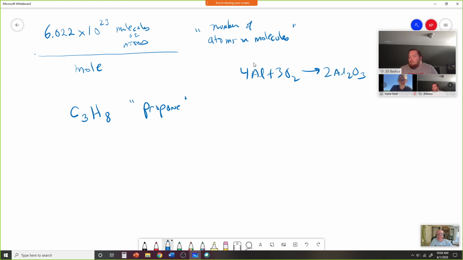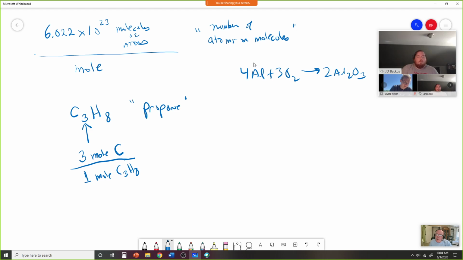We're going to say this is 4 mole aluminum, which is an awful lot of aluminum atoms, gazillions and gazillions, 10 to the 23rd, plus 3 moles of oxygen gives me 2 moles of aluminum oxide. Well, if you look at this formula here for propane, this actually means 3 mole carbon for every 1 mole